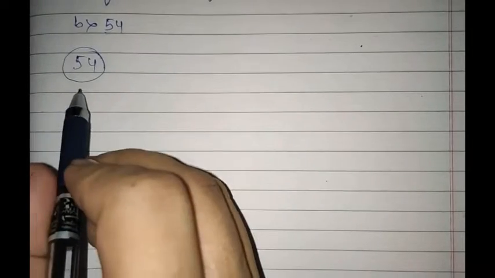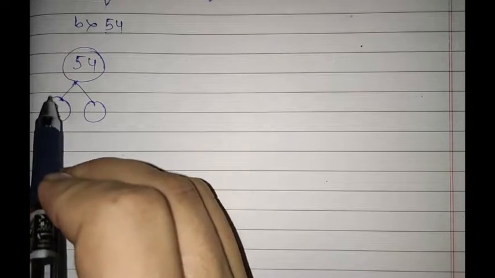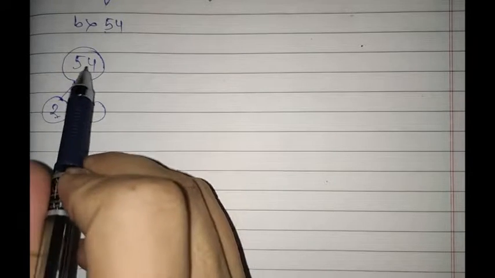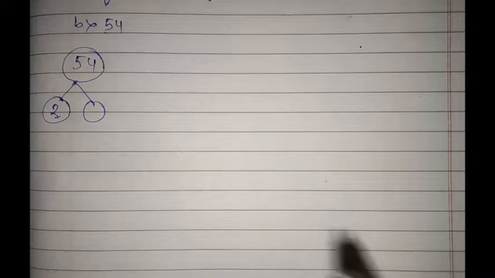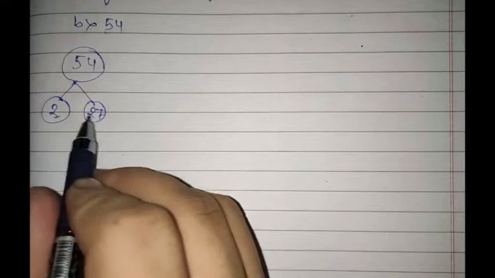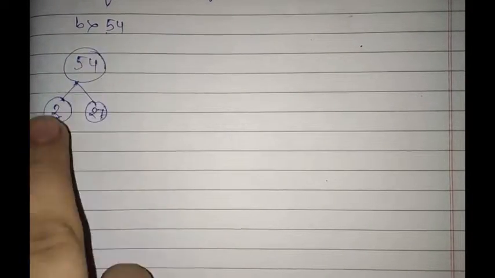Okay, proceeding to part B, the next number is 54. Similarly, we will find it using the smallest prime number. Put this inside the circle and make 2 branches first of all. You will write 2 here because you know that 54 is divisible by 2. Yes, 54 is divisible by 2. So what number should be there? It should be 27. 2 into 27 is 54. So the first factor for 54 is 2 into 27.